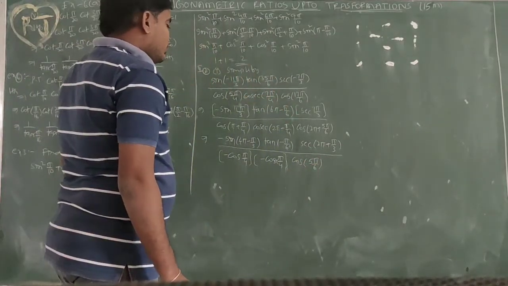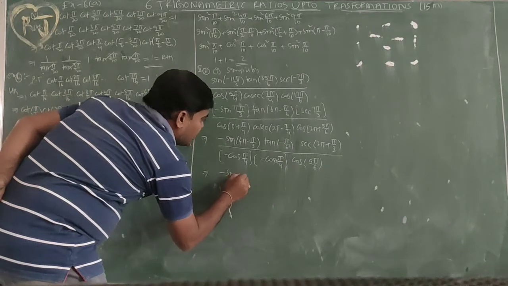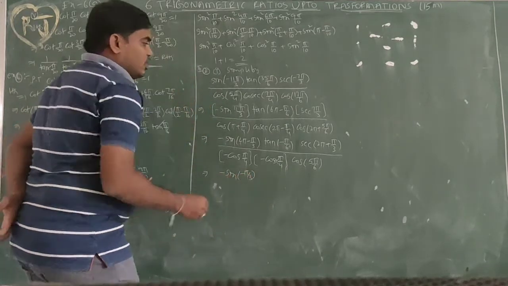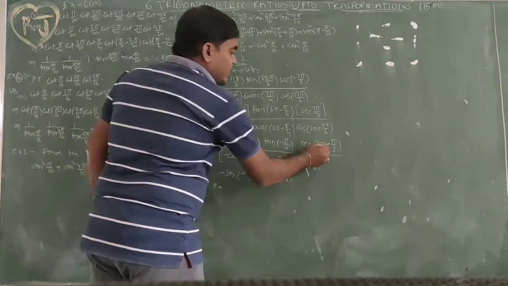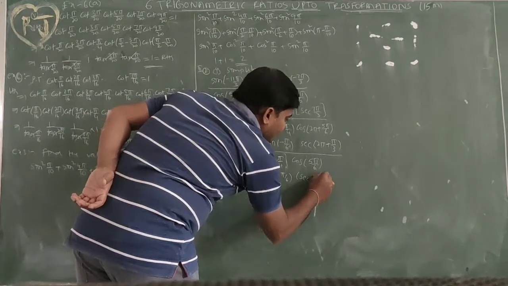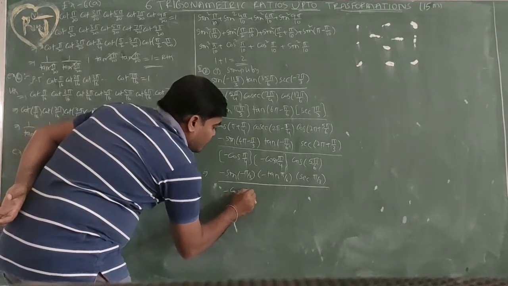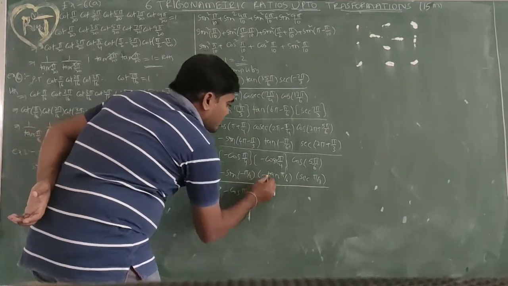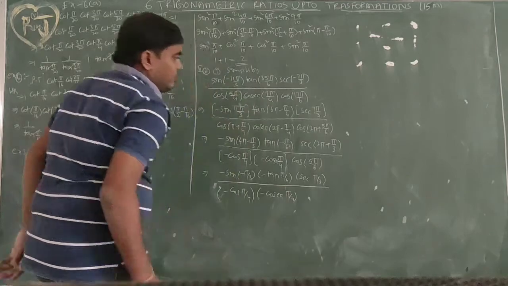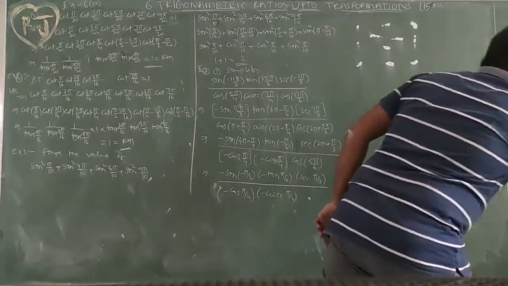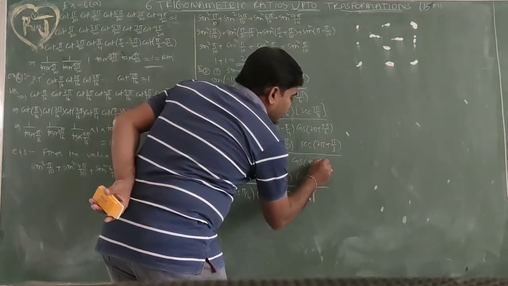Next, 4 pi equals 0, minus sin of minus pi by 3. Tan of minus theta is minus tan theta, so minus tan pi by 6. 2 pi equals 0, sec pi by 3 divided by cos, minus cos pi by 4. Next, minus cosec pi by 4. This 5 pi by 6 I want to write as pi minus pi by 6, so 5 pi by 6 is pi minus pi by 6.